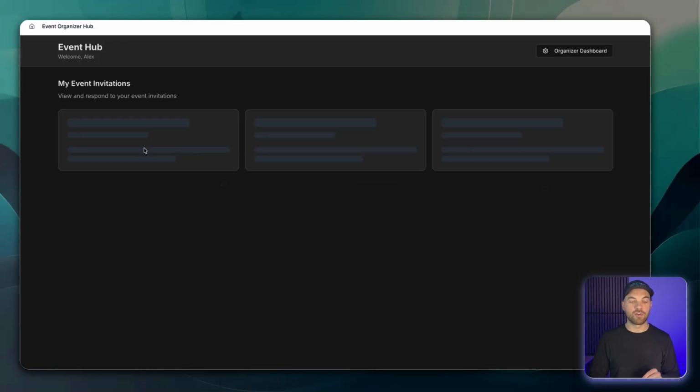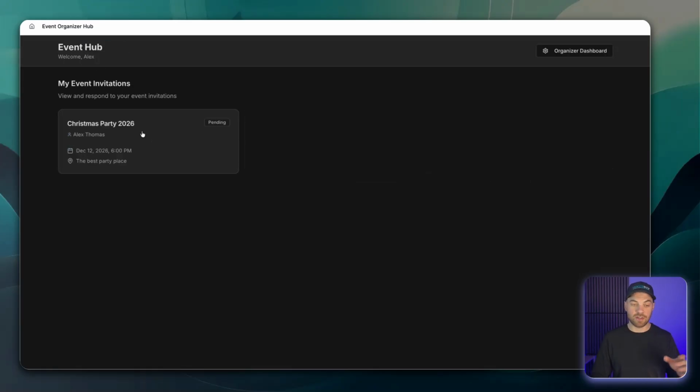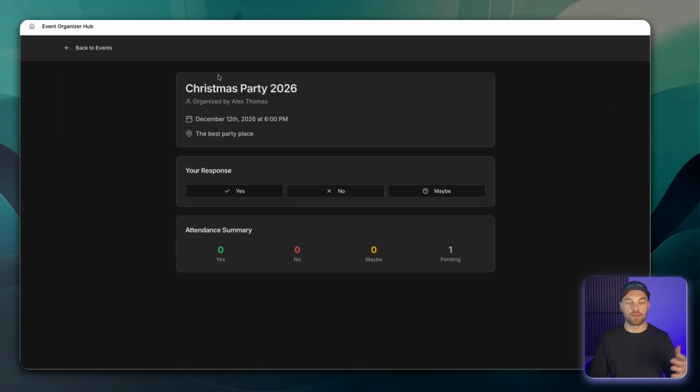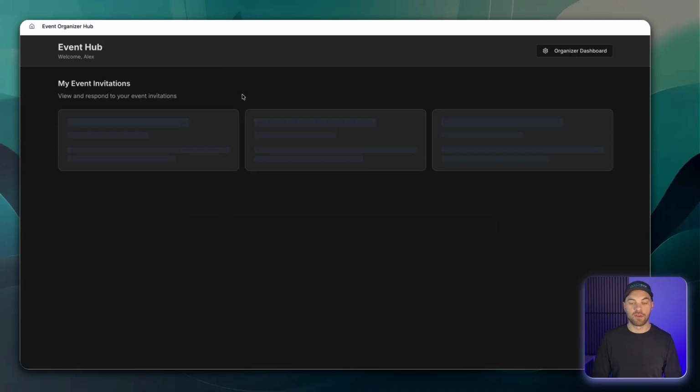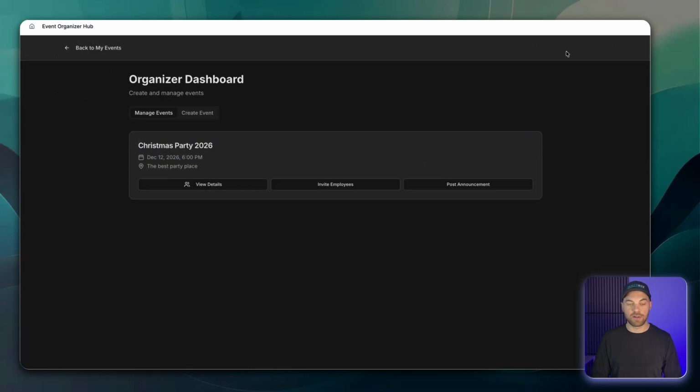We'll go back into the invitation section. So if we select it, it has details, responses, and an attendance summary provided for us as well. So let's just select yes. Now that it's locked in, we can see that the attendance summary has one set to yes, and my response is yes. If we go back to events, organizer dashboard,